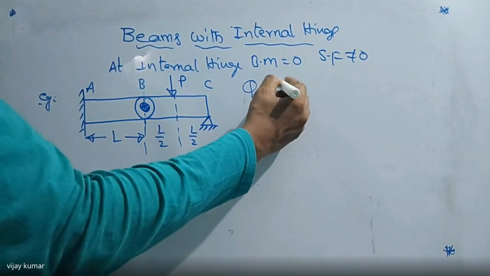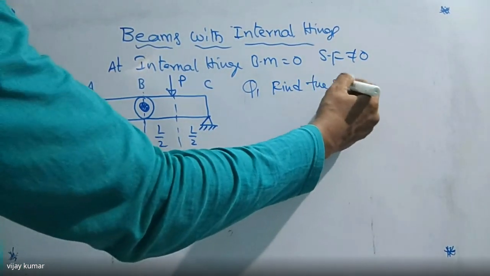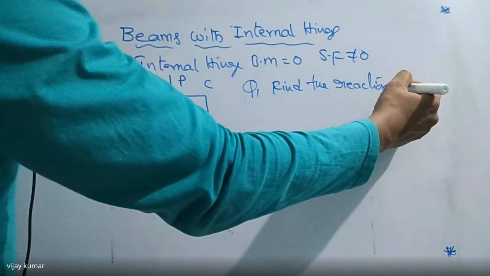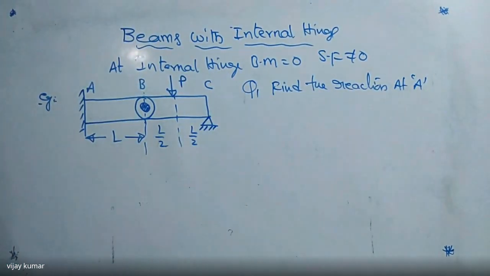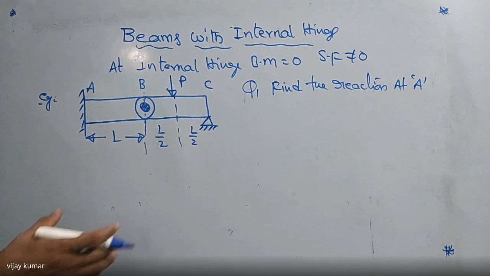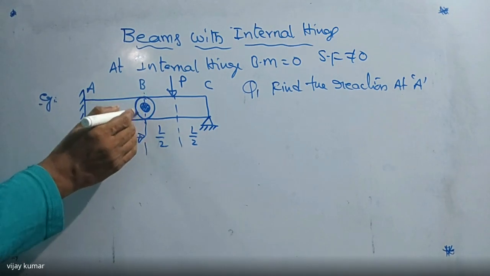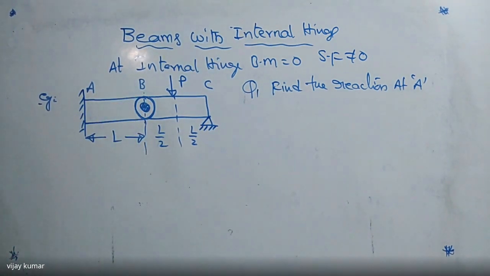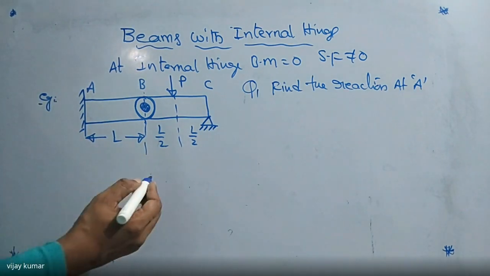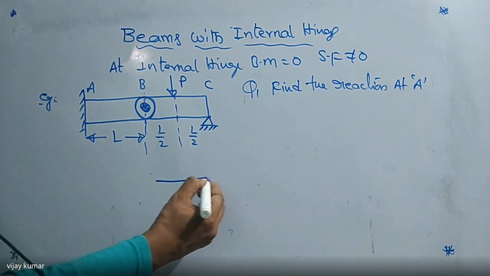That is the given question. Okay, so listen carefully how to solve this problem. First of all, I'm going to draw the free body diagram of AB and BC. This is an internal hinge. An internal hinge is always used to join two beams or two bars, so they are free to rotate here. First, I'm going to draw the BC portion.